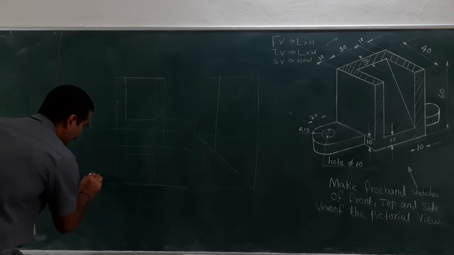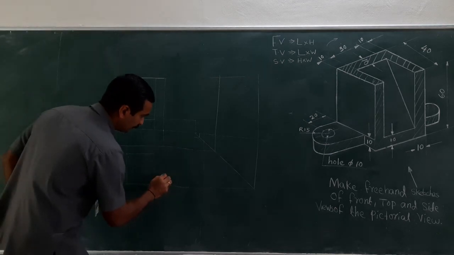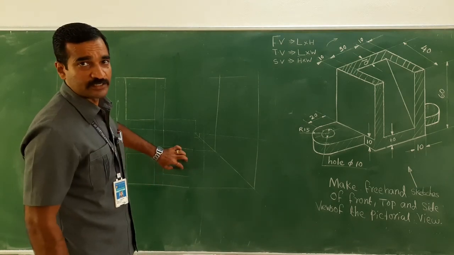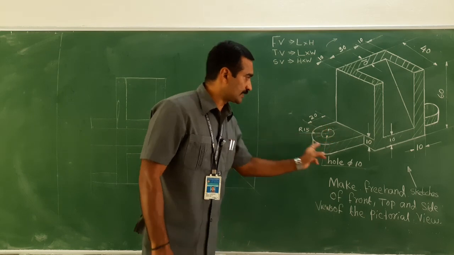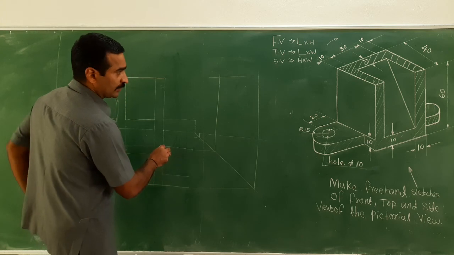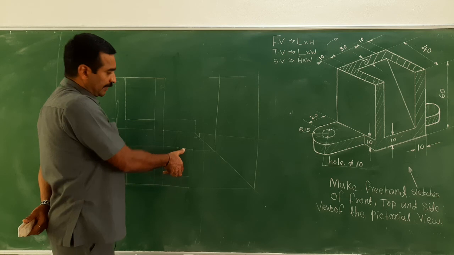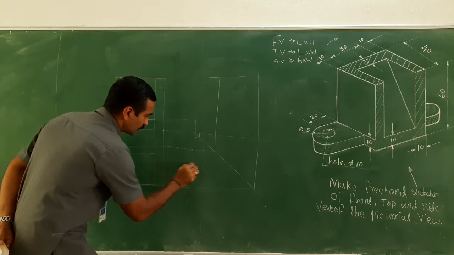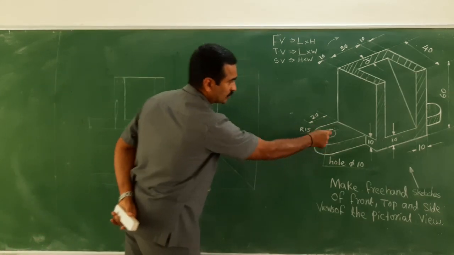So, let me just draw a line. Similarly, for this side also, from here 30, right. But it is not a rectangle shape or square shape. Look at here, one circle is there. In addition to that, a semicircle is also there, right. Let me just draw here. From here, it is 20 mm and this is total 30, isn't it? So, 15, let me just draw L. So, this is the center. This is the center of this particular circle.